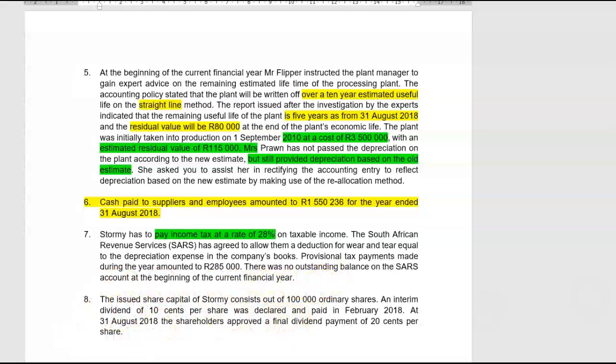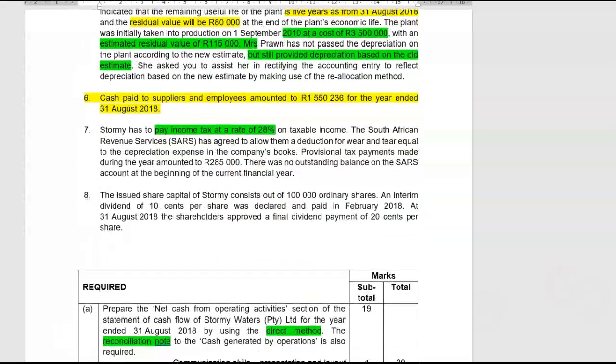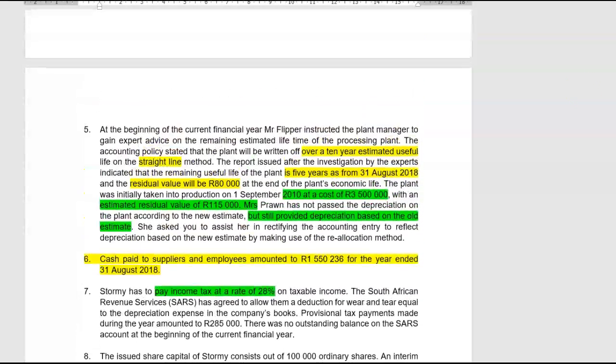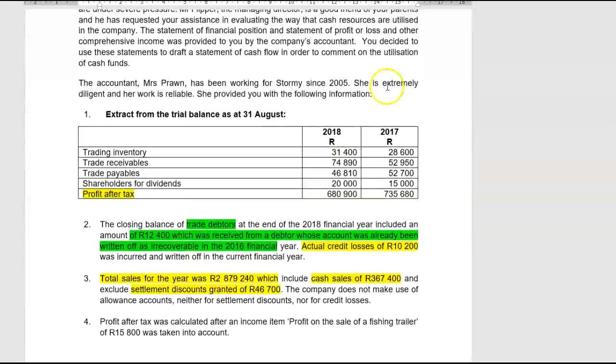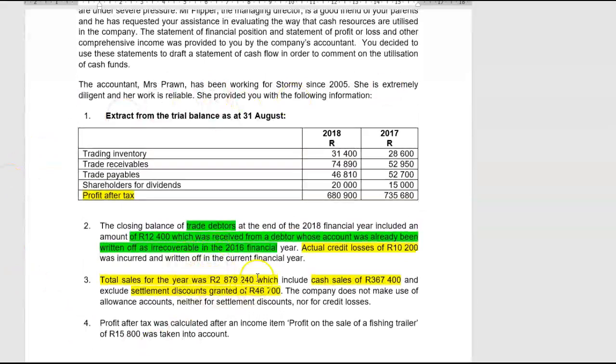Okay, and then number 8 is all about the dividends and shares. So obviously, everything that affects the profit amount, the profit before tax, will be the income tax for the year. They tell us that wear and tear and depreciation is equal to each other. There is no other information which is differently treated by the receiver, like traffic fines or penalties or something like that. So we have none of that in our books. So therefore, we can assume that